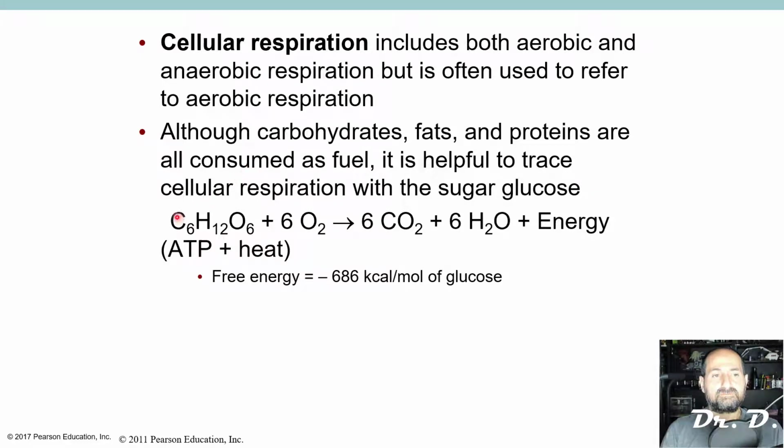Now, cellular respiration is the process of breaking down those energy molecules. Specifically, with this equation here, you're breaking down glucose and using the energy in the sugar to produce ATP energy. So recall the equation: 1 glucose, C6H12O6, plus 6 oxygen are used as reactants in this process, and the products are 6 CO2 molecules, 6 water molecules, and energy in the form of ATP. What you need to know is that there are 32 net ATP for prokaryotes, and only 30 net ATP for eukaryotes. All right, just recall that. And of course, heat is